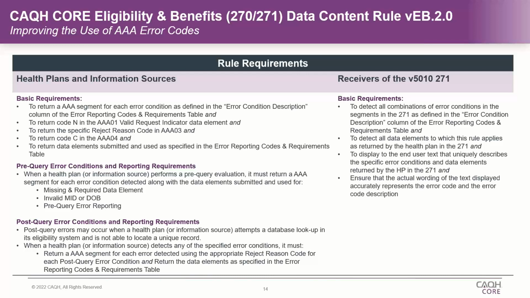So building and requiring health plans to have a sophisticated enough front end to identify each of those errors as discretely as possible and find the most explicit AAA error code so that the provider knows exactly how to action that data on the next transaction and get a clean response back. That's the intent of the operating rules. Again, building on the requirements within and the availability of error codes within the transaction itself, but making very specific scenarios on the business side of how that should be reported back to the provider, so the provider knows exactly how to make those edits and updates is really helpful.